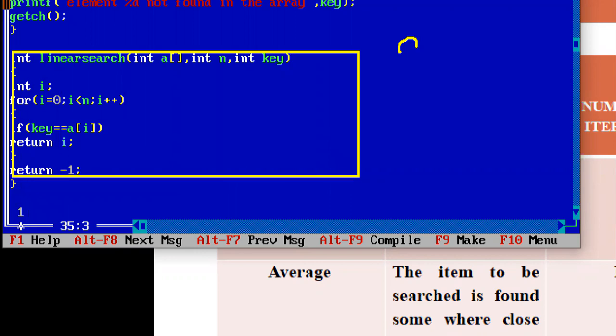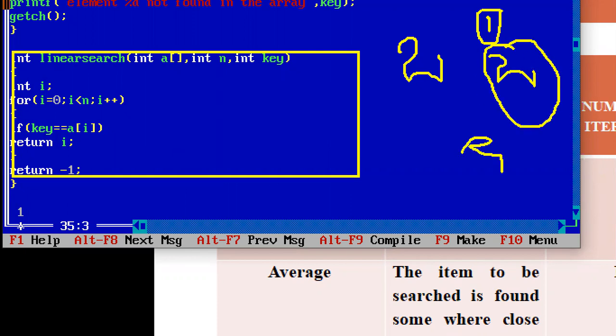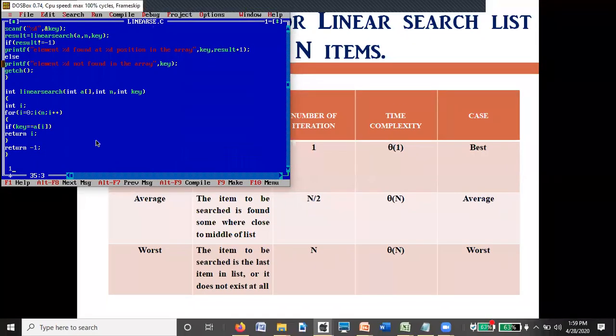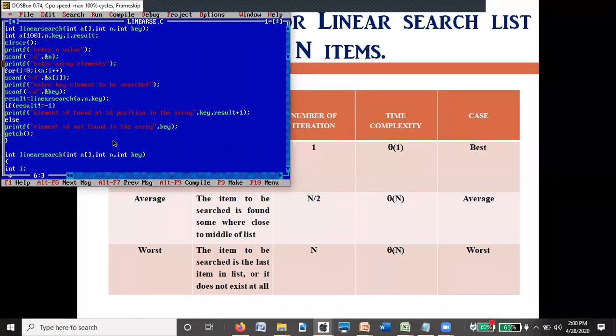That is the function definition. So function declaration is 1, function definition is 2, function call is 3. Okay, we'll see them one by one. So in this program,